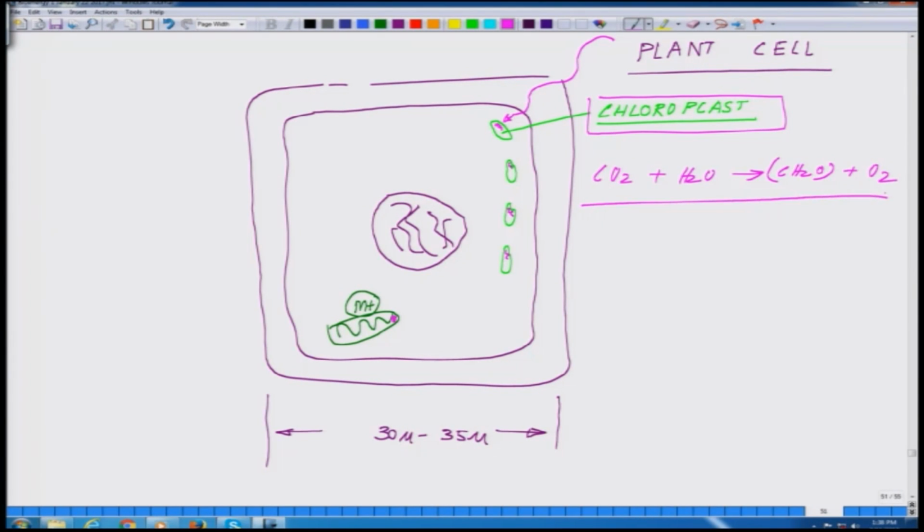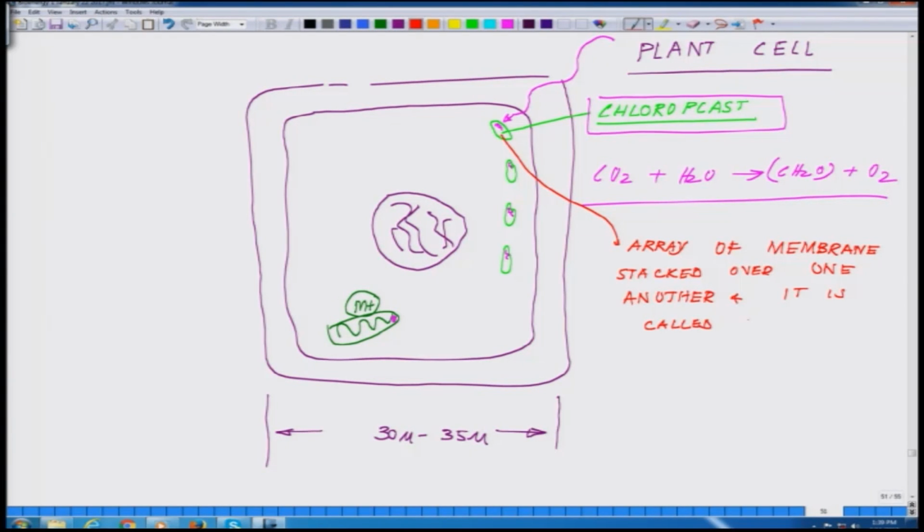This oxygen. Now, in order for this reaction to take place, in this particular structure, what do you see? It has an area of membrane, which is stacked over one another, and it is called thylakoid membrane. We will talk about this later in detail, probably in the next lecture, about the detailed structure of the thylakoid membrane, the site where this energy transduction is taking place. So, before we get into the thylakoid membrane,